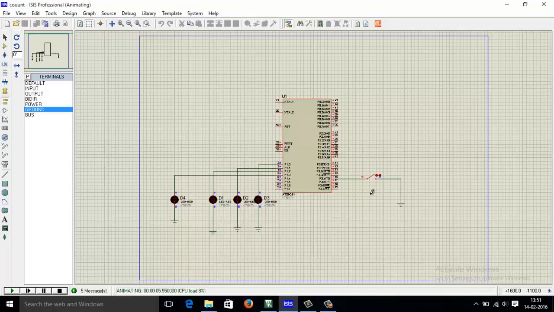Now as we know, port 3.4, I mean pin 3.4, is for counter operation. If I just complement it twice, you can see that the count is 1. Now if I do it again, the count is 10, which is 2, then 3, 4, 5, and it goes on like this. So that's all it is.